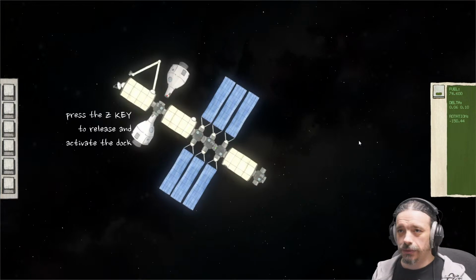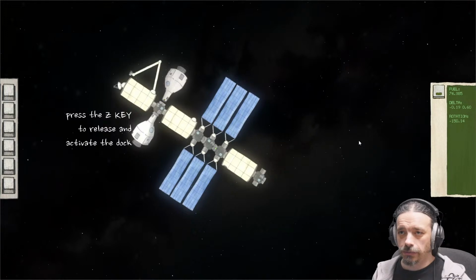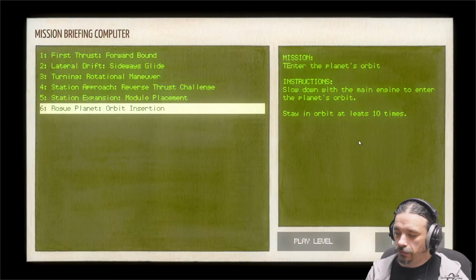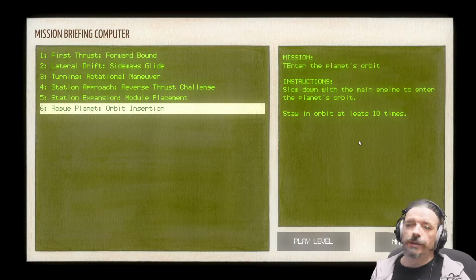And let's enable the auto dock system. Auto lock activated. Thank you. Roger that. We are docked. We are docked. Roger that. Roger that. And it's done. So